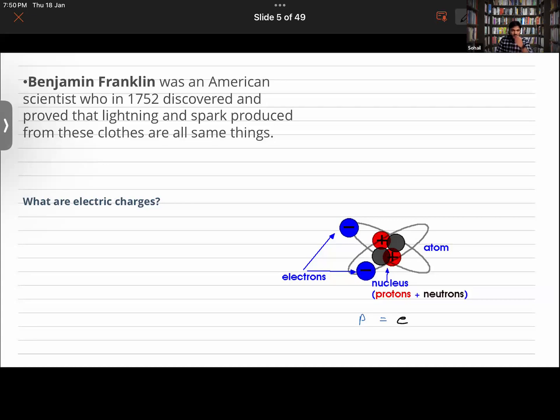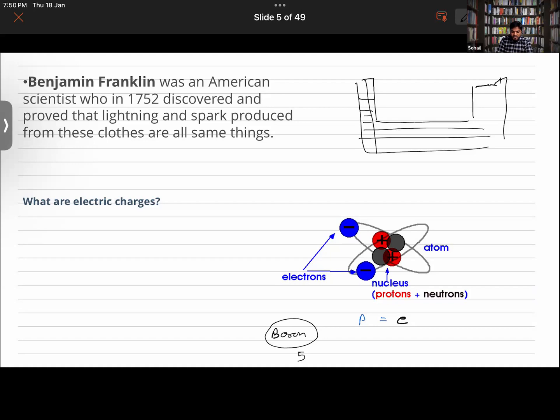So for example, take the element boron. The atomic number of boron is 5, meaning that in the periodic table it is at the fifth position. You might have seen a periodic table like this. Also you should purchase one or take a printout of this. Some of you have already memorized some of the names of elements, that's good. So in boron there will be 5 protons and 5 electrons, but due to some external